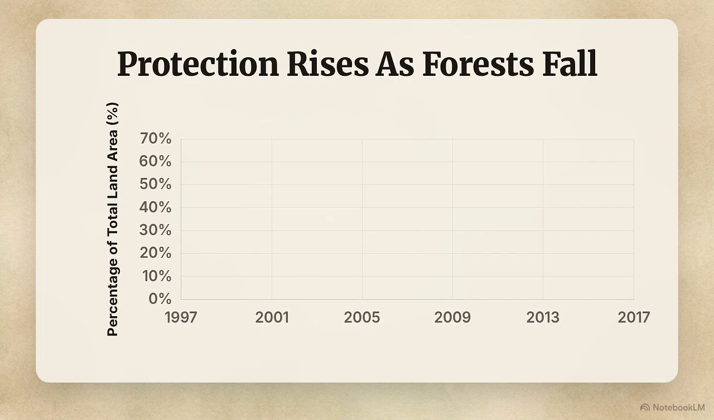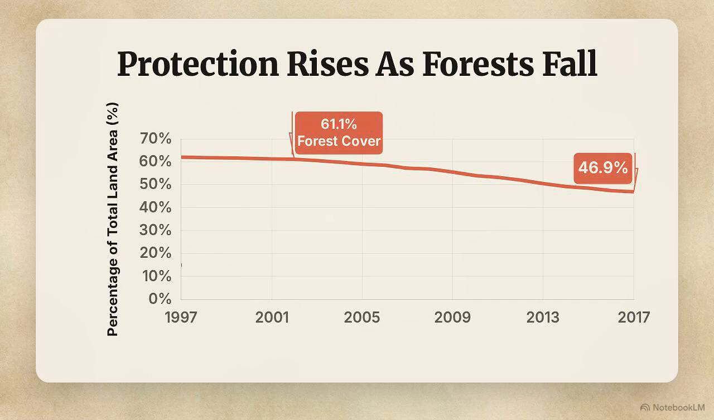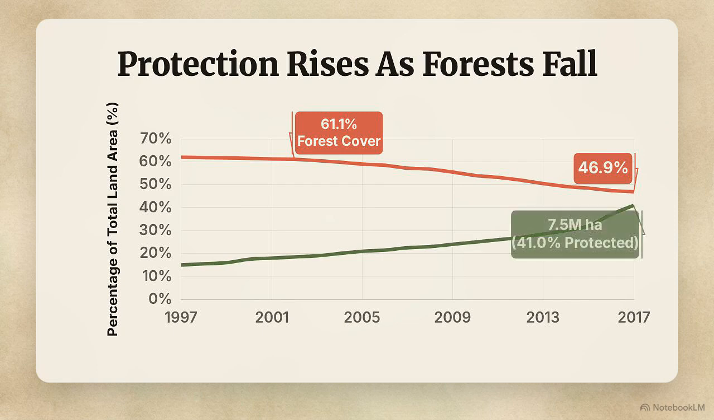This is a dual-line chart plotting Cambodia's land use between 1997 and 2017. The first line shows total forest cover dropping rapidly from 61.1% to 46.9%. But look at the second line. During that exact same period, the total area of legally protected land climbs to 7.5 million hectares, covering 41% of